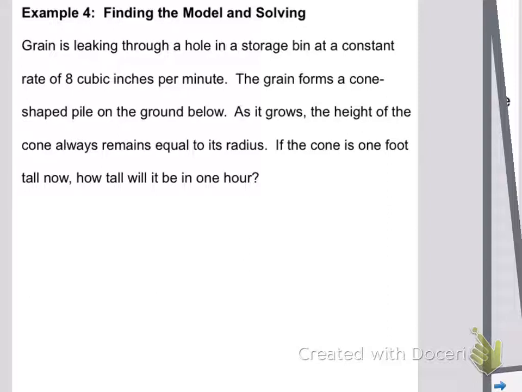Okay. Now, first thing we have to do is figure out the volume of a cone. So the volume of a cone is 1/3 times pi r squared h. Okay. Now, the height and the radius are always equal. All right. So we can get volume directly as a function of the height. So, if the cone is 1 foot tall,